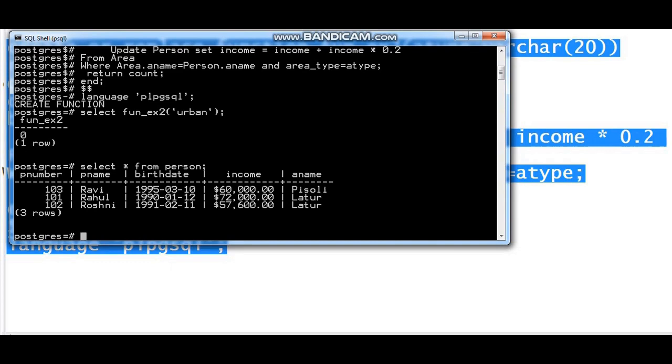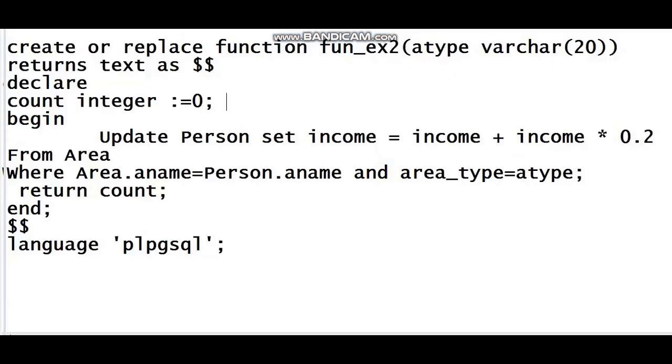And in the declaration section we declare whatever variables we will be using in the executing block. Then begin and end, in this the executable part will come. And plpgsql tells us that this function is implemented in the plpgsql language. I hope you have understood the example of how to create a stored function and how to pass parameters to the function.